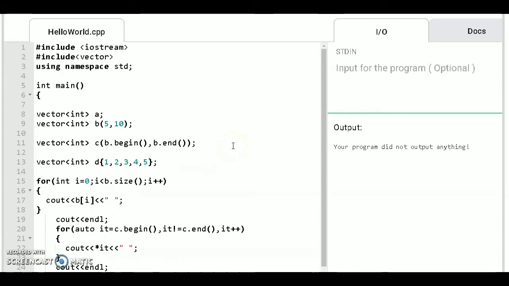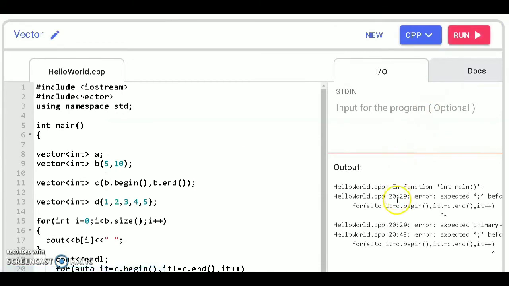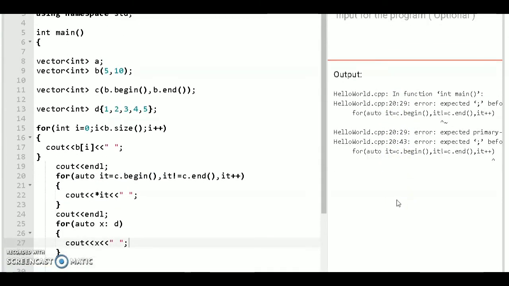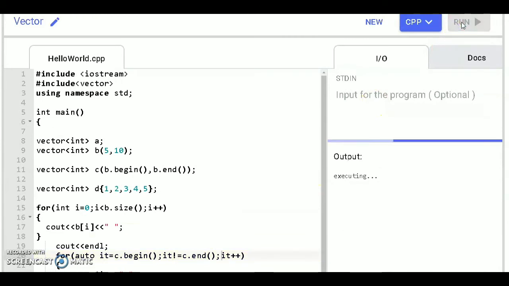Now let's run this code and see the output. There is an error. Oh, you have to use a semicolon. Let's run this code. So you see, this is vector b having 5 elements each with the value 10, and this is vector c, which is a copy of vector b, and this is vector d.